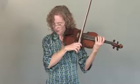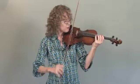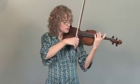Make your eyes just encompass this range, and you're going to see the bow pass in front of your eyes. All right, so that's what you're watching for. And because you're going to monitor that you're maintaining the sounding point, you're going to maintain the trajectory of the bow. You can visually see that it's going straight when you're watching there. If you're watching your arm, it's really hard. Once you look away, it's hard to see what's going on up here. So if you keep your eyes glued right there,